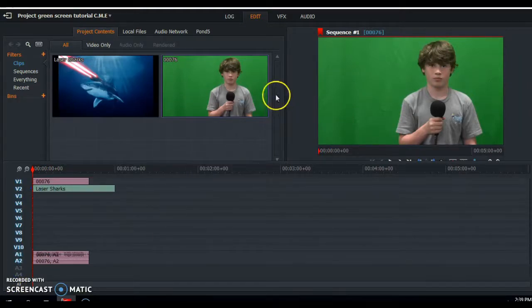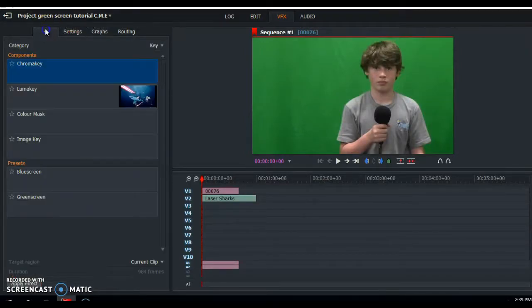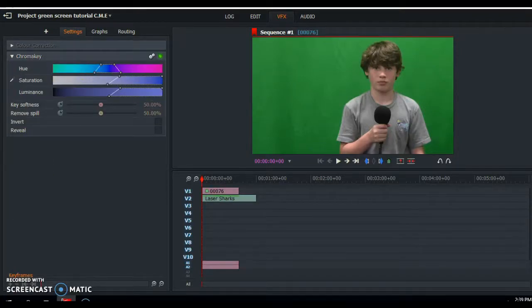Now you click on VFX. While you're in VFX, there's a little plus sign in the top left corner. Then there's a little arrow pointing down, and you find the thing that says key. Then you double click on chroma key, and then you click on the grabber tool and make sure it's next